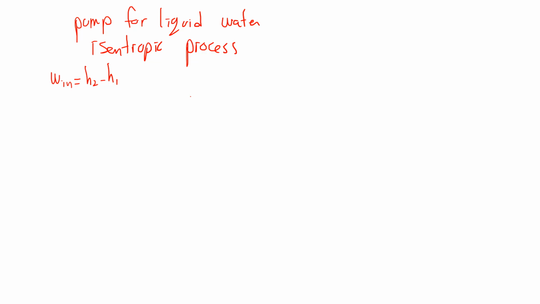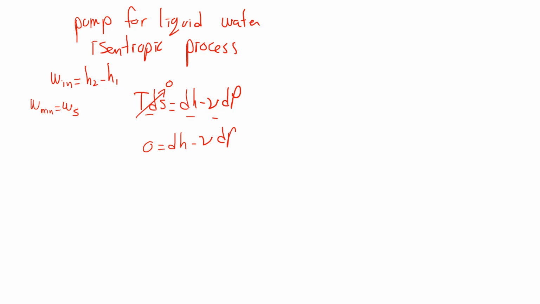Now, if you look earlier at the TdS relationships, one of them is T ds equals dh minus nu dP. That's one of the relationships we went over earlier. I want to use this relationship to derive an equation to find the minimum work for a pump, or the isentropic work for a pump. If I assume it to be isentropic, that means the change in entropy is 0. So I get 0 equals dh minus nu dP, or dh equals nu dP. Integrating both sides from state 1 to state 2, I get that delta h is equal to nu delta P